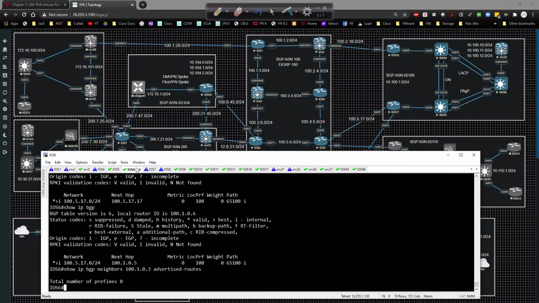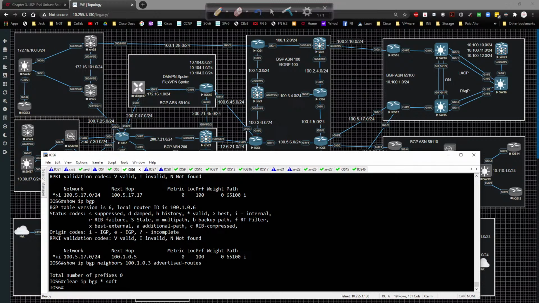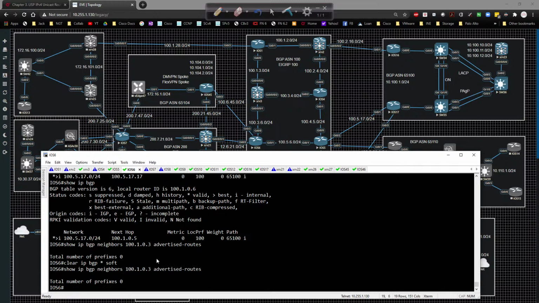That's really weird. Why is it? I know how to reach it now. Let's do a clear iBGP star soft. Do an update. I'm not advertising it to him. Not that big of a deal, but it kind of is. So what I need to go do now is